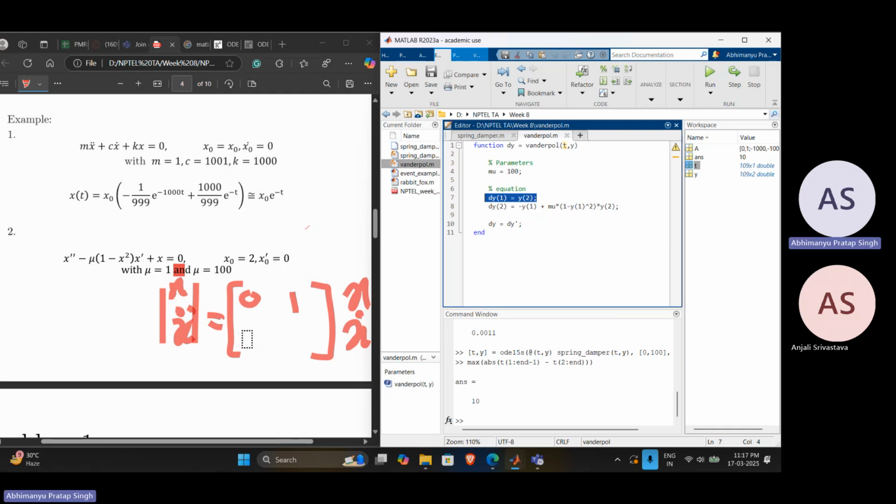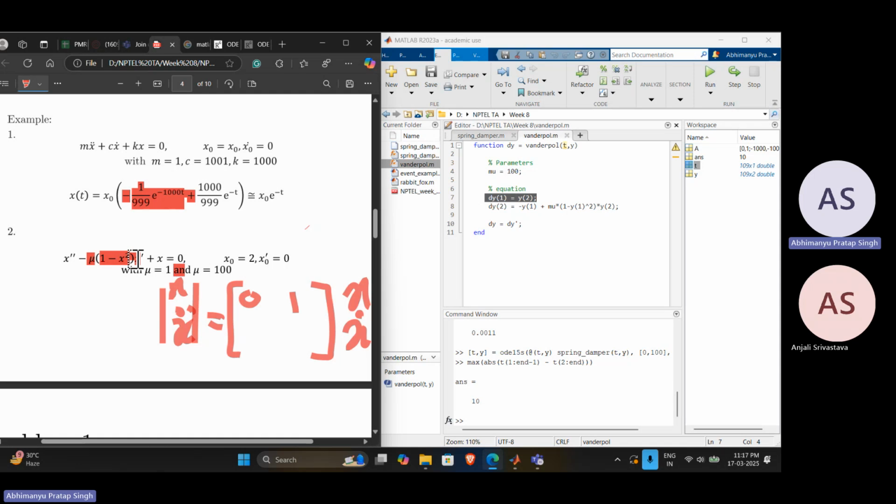So the issue is that it's a non-linear ODE, right? It's not a linear ODE, it's a non-linear ODE because I have this x prime and x square multiplied together. So I cannot convert this into the state space form that easily. So this is a nonlinear ODE, so I will not get this state space form, but I can still write this as